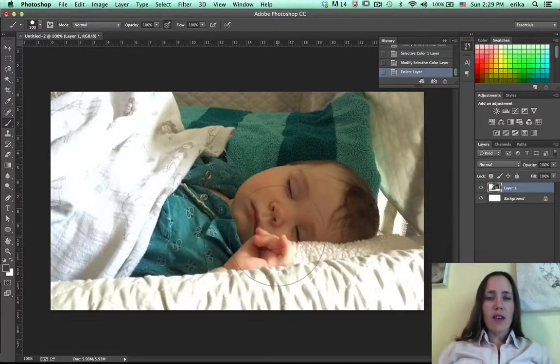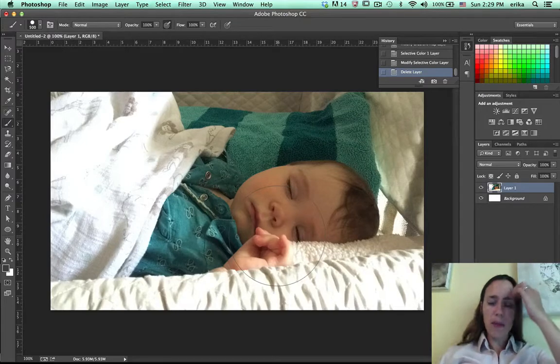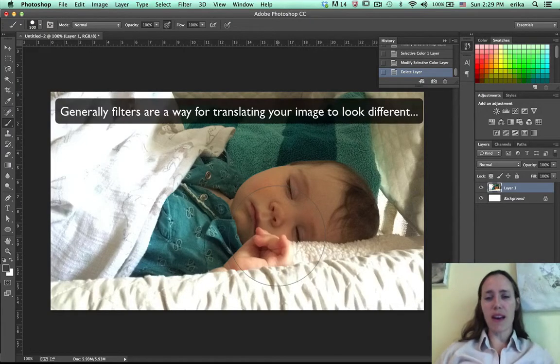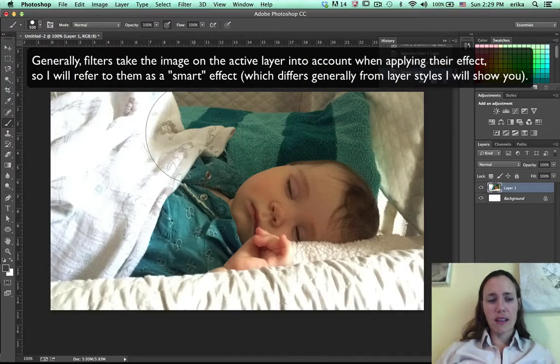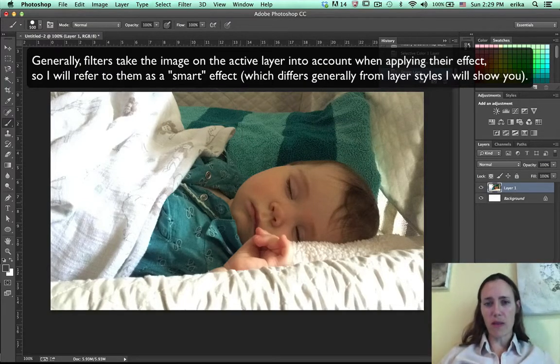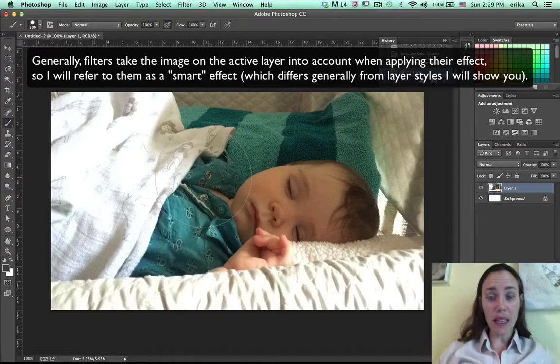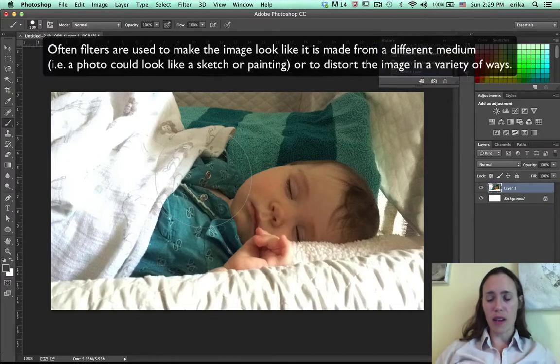Hey gang, I'm going to go ahead and introduce you to filters. You may have heard of filters in Photoshop, and filters are basically a way of translating your image. So they're kind of a smart effect you can put on your image for the most part that translates what you see. Sometimes it'll look like a different medium, or you can distort it in a variety